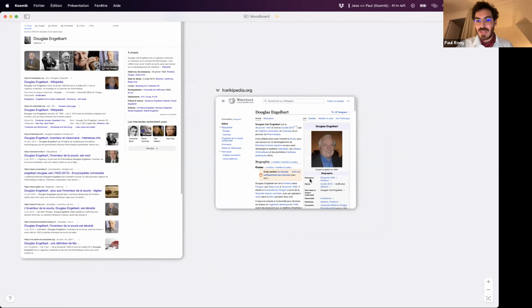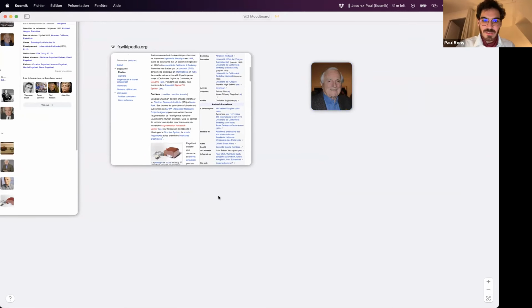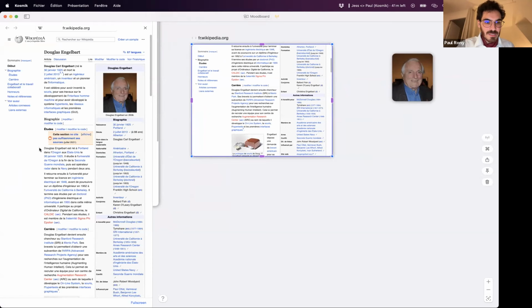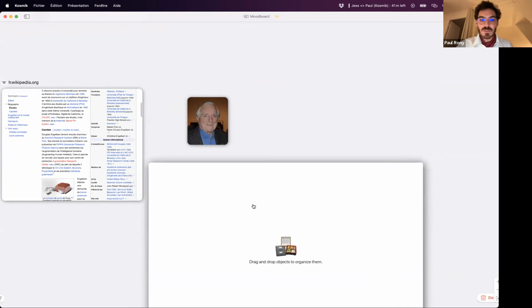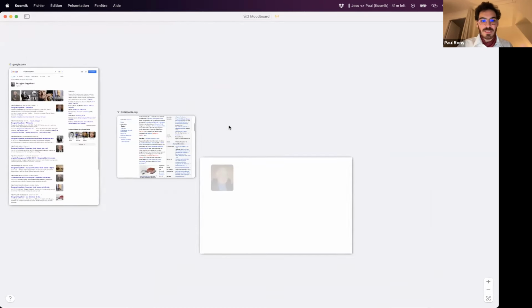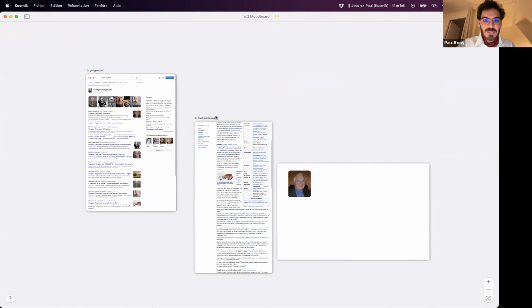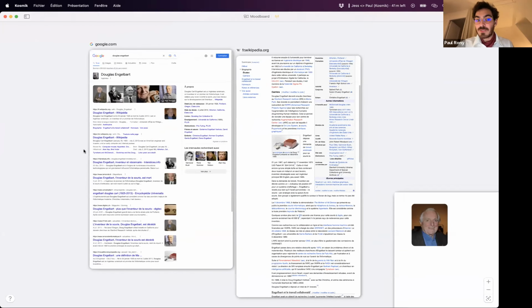I can drag out a link. Oh, I want to reuse an image. I can drag out an image. If there's a text that interests me, I can even have a web page pin on the left. I can select some text and extract it on the canvas. You can also browse in full screen mode. Then you can create what we call a card. So, oh, now I can build my own small websites, which is something that I'm going to show you in a minute. So basically, we just created that web card object